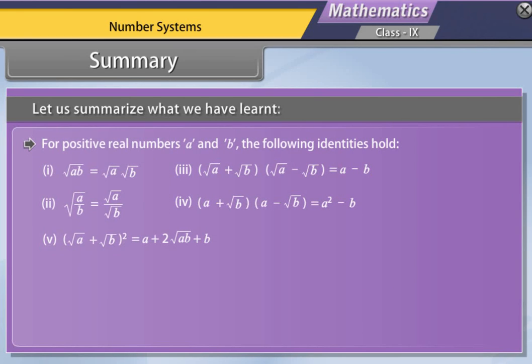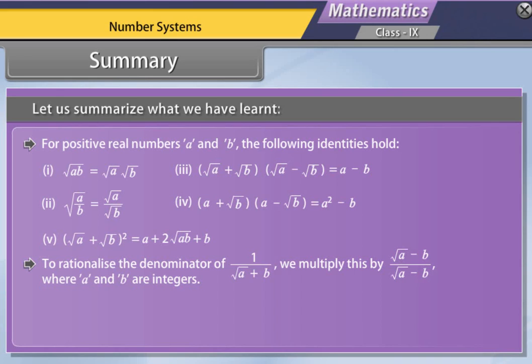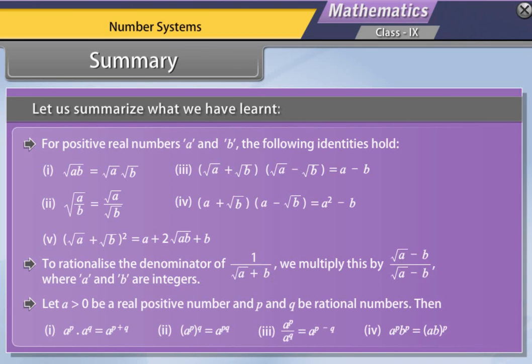For positive real numbers a and b, the following identities hold. To rationalize a denominator of 1 upon root a plus b, we multiply this by root a minus b whole upon root a minus b, where a and b are integers. Let a, greater than 0, be a real positive number, and p and q be rational numbers, then